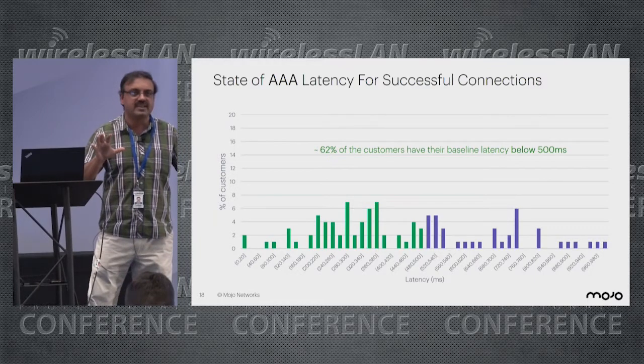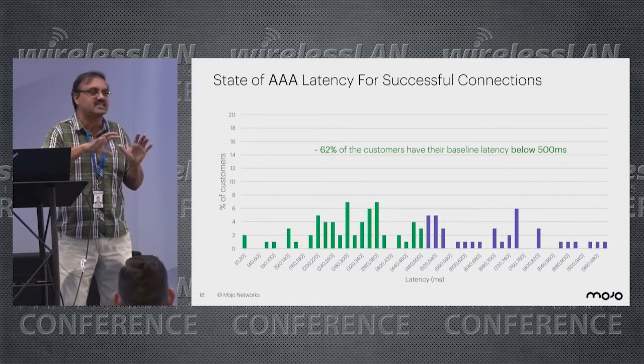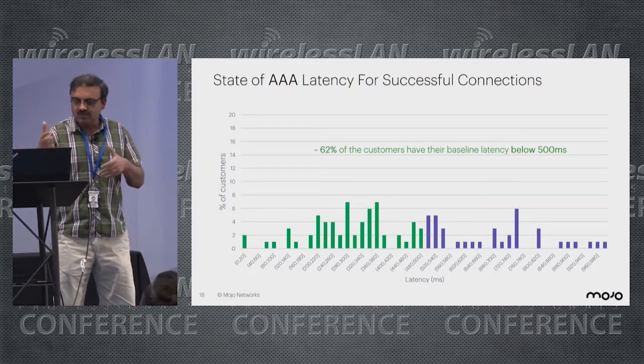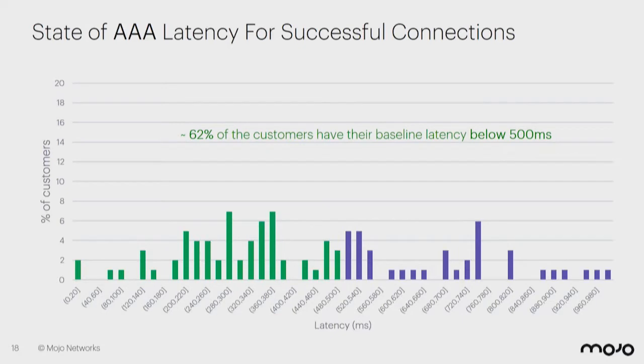So far we talked about failures. Now let us switch to successful connections, because there are some good insights we can see from there as well. What we are seeing here is that the AAA latency, right? I think VP from 7 Signals mentioned this in his good talk yesterday. The AAA latency is really large. It dominates the whole connection process, and that is what our data is clearly indicating.